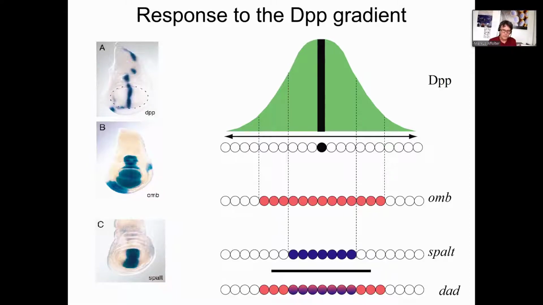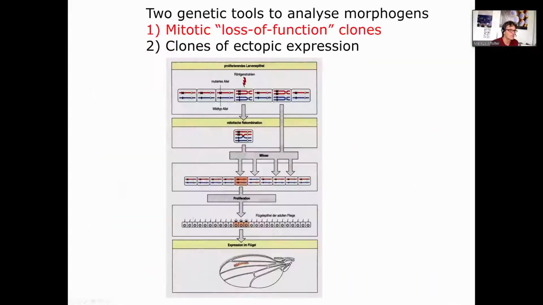The Brinker input is, of course, exclusively controlled by MAD Medea. If there's no MAD Medea, Brinker is high. If there's lots of MAD Medea, Brinker is gone. And in between, you find all the other levels. So you first make a Brinker antigradient, and the Brinker antigradient regulates OMB and Spalt. And these we could do with biochemistry and mutating sites. So if we go back to the very last slides,